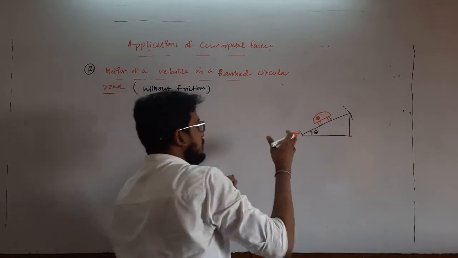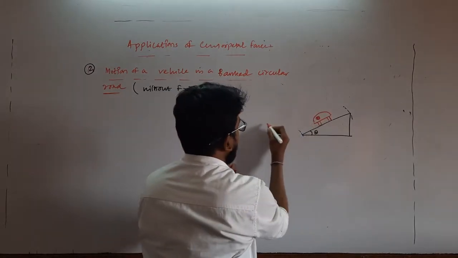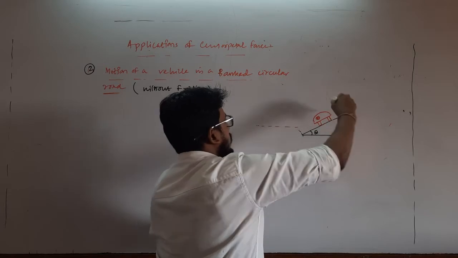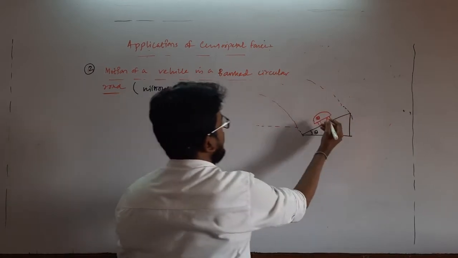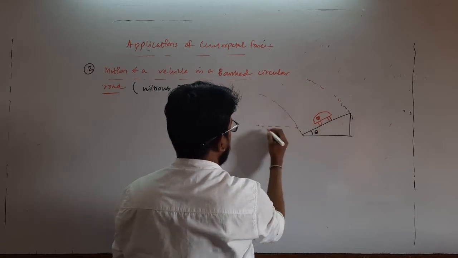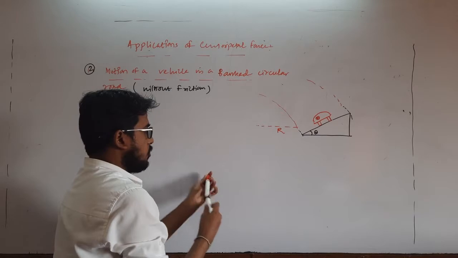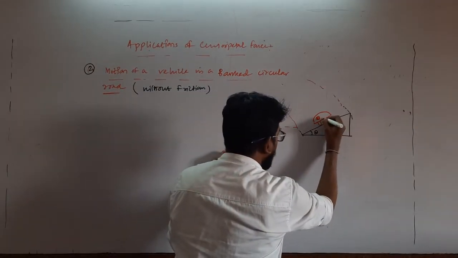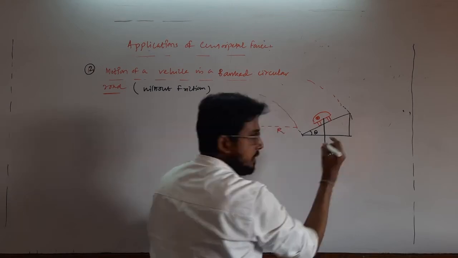Clear? And this vehicle is going into the plane like this, and this is the radius of the circular track, which is inclined like this and going along this direction. The vehicle is moving along this direction. Clear? And the radius of the track is r. Clear? So if I am drawing the free body diagram, the weight of the vehicle acts downward, that is mg,